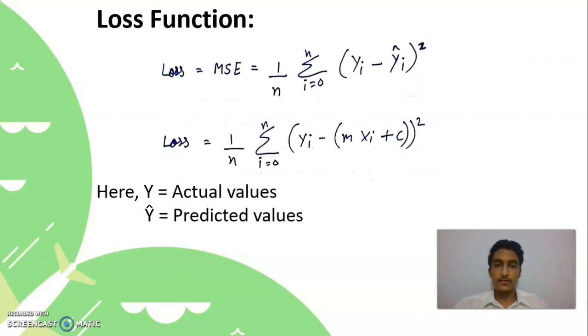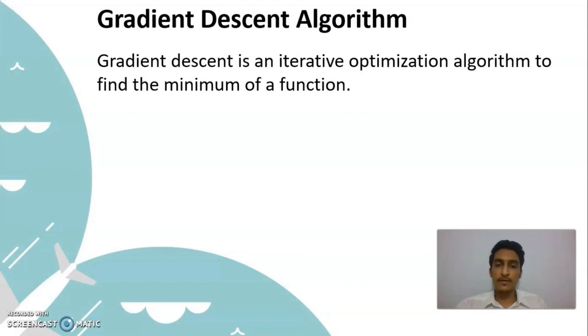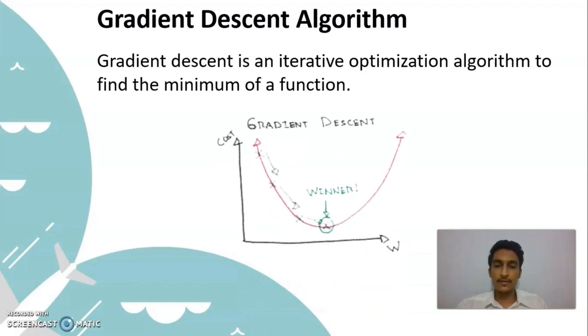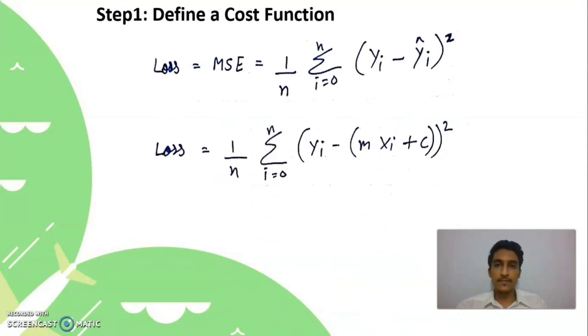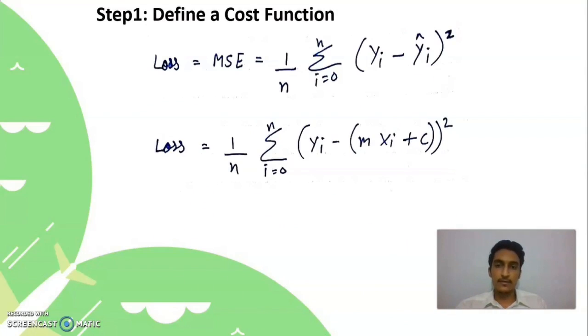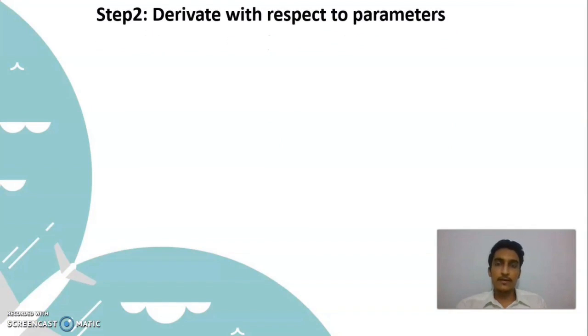So now let's move forward and talk about the gradient descent algorithm. So gradient descent is an iterative optimization algorithm to find the minimum of a function. So let's move forward and see how it works. In step one, we are going to define a cost function. As we have previously discussed, we are going to use the MSE, which is mean square error, as a loss function. In step two, we'll differentiate this loss function with respect to each of the parameters